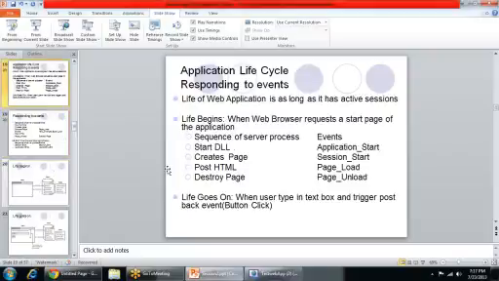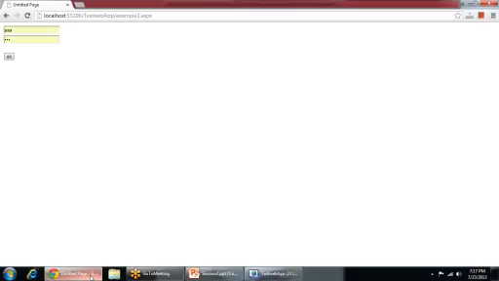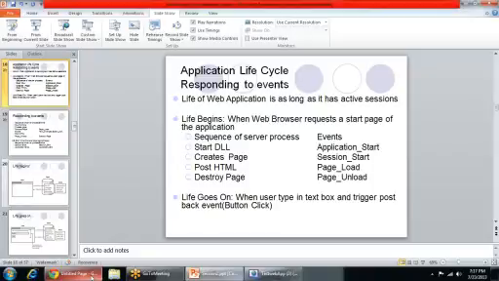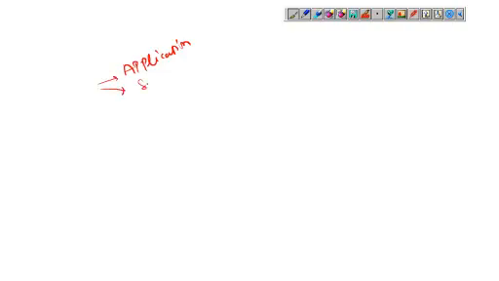Okay, before that we will just see what session is. Guys, do you know what session is? Do you know the difference between the application and session? It is general to any application, it is not only for ASP.NET.